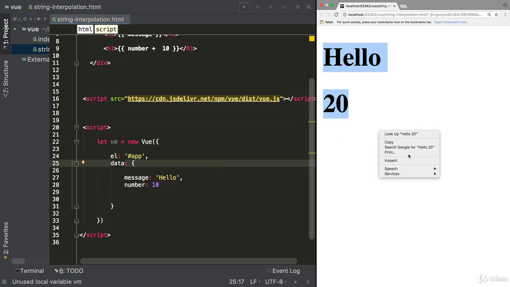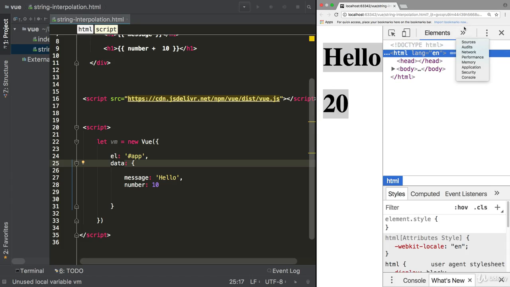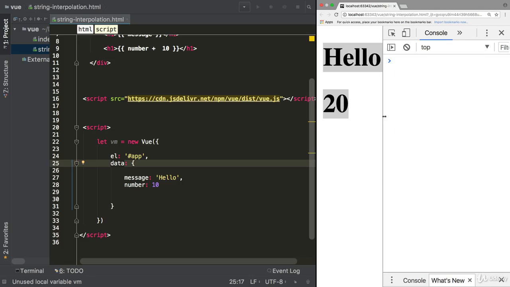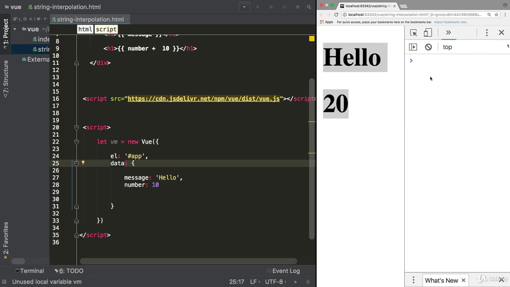So we can inspect our DOM and open our console. If I had it here, that would be nice. I thought I had it. There we go, right here. Okay. And what I can do here is really simple. I can grab the VM and I can grab the message and I can assign a different value to it. I can say Edwin, enter,